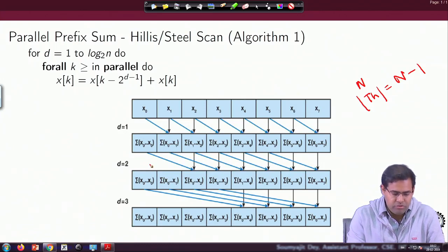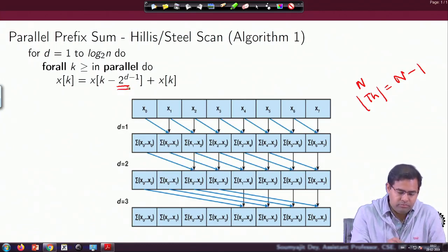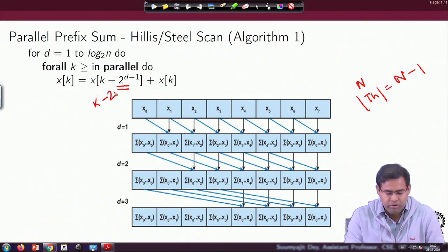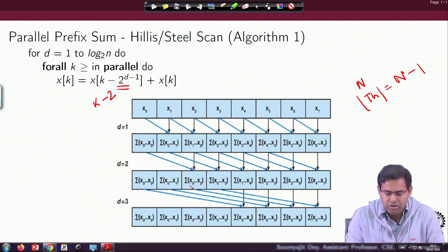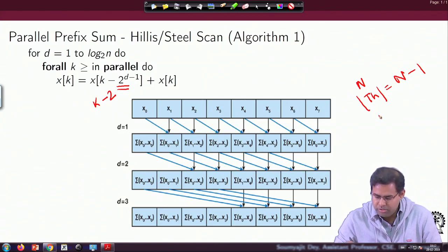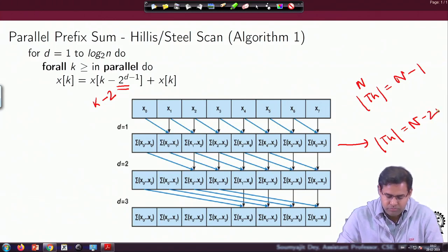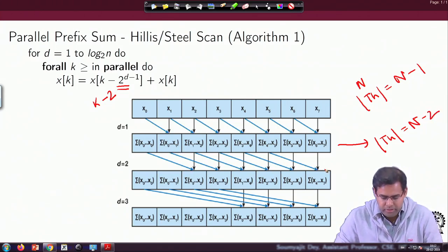As we can see with d equal to 2, here we will get k minus 2, right. So every location will start adding up with one hop, we'll start doing work in a stride of 2, right. Now, if that starts happening, how is it helping me meet the objective? Again, consider the total number of threads required here. First of all, that would be n minus 2, because I have 6 threads operating here.